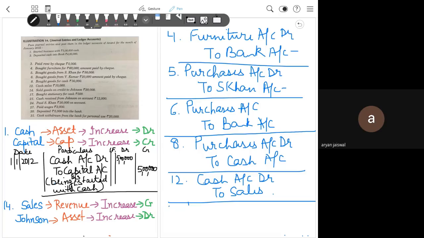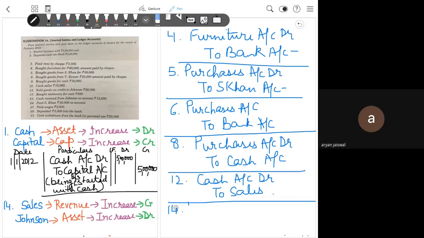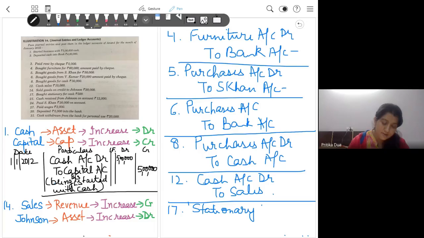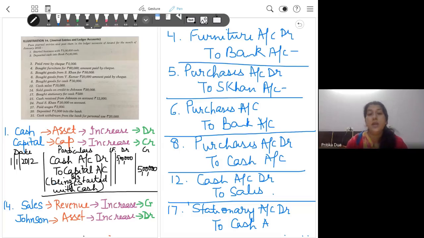Yes, Aryan is there. Ma'am, next entry. Yes, beta. Ma'am, 14th, Johnson account debit. ये कर चुके बेटा, 17th की बता दो आप। अच्छा मैम, stationery to cash. ओके, ma'am, cash goes out, credit, and stationery is an expense. Ma'am, cash बाहर जा रहा है। स्टेशनरी तो परचेजेस में आएगा ना? बेटा, स्टेशनरी परचेजेस में नहीं आएगा, स्टेशनरी एक्सपेंस होता है।